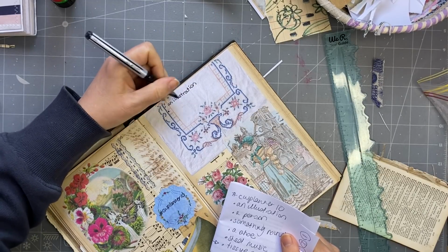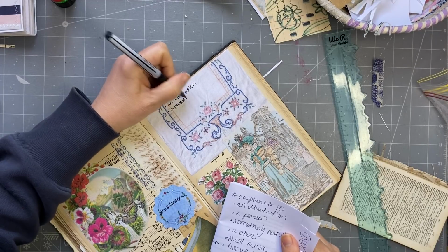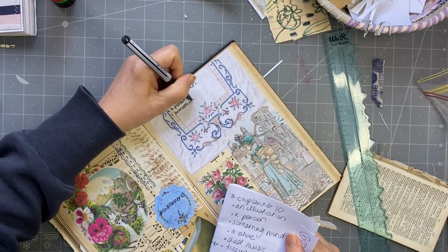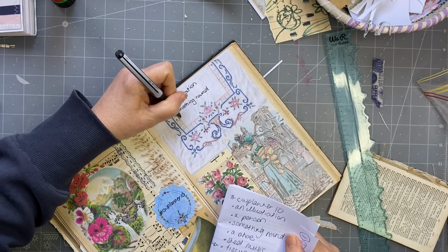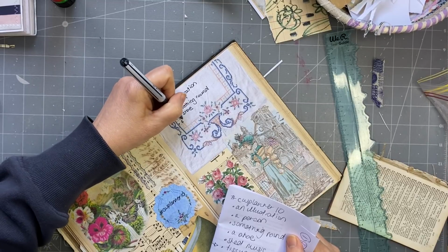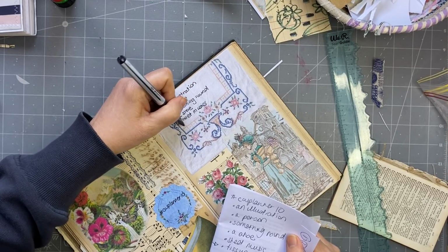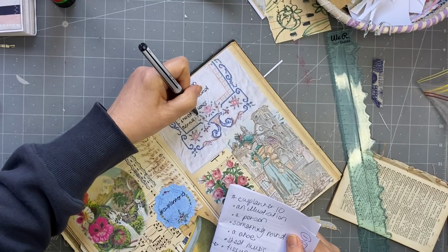Illustration. A person. Something round. A shoe. Sheet music. And the bonus is tissue